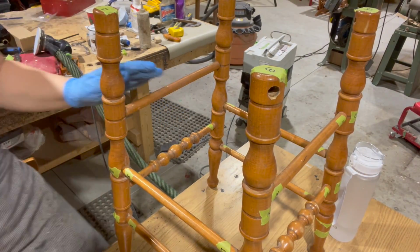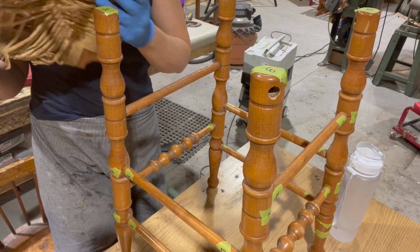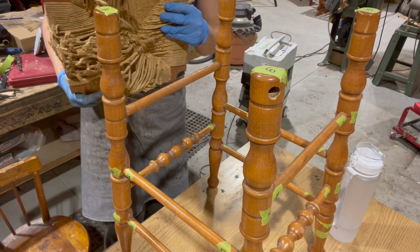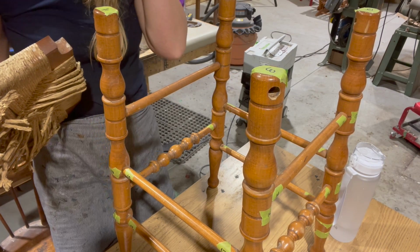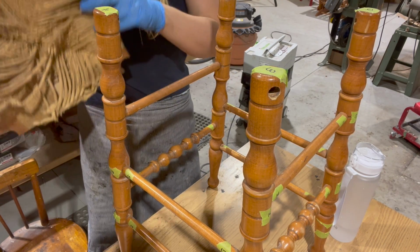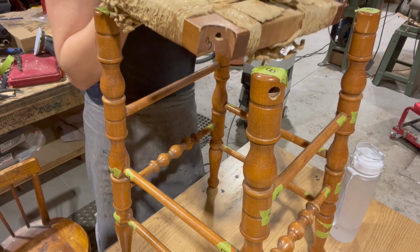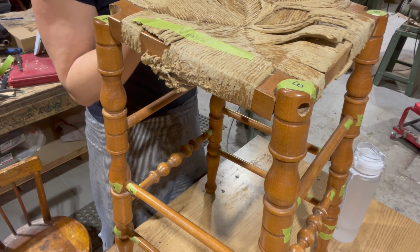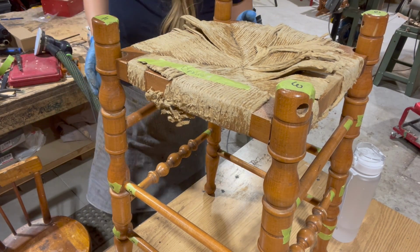Good. To glue this together, I am going to put the seat on, even though I'm going to be taking it off again, because to reweave the seat, it's just so much easier with this off. But to glue up the chair, I do want to make sure that I'm getting the right square and getting the right holes and everything where they need to be, and that's not going to compress at the top,